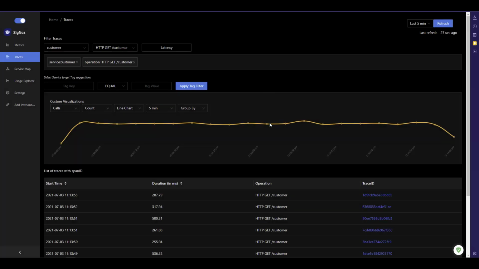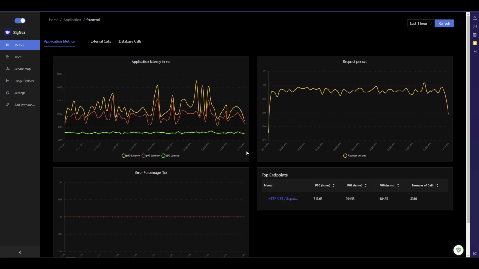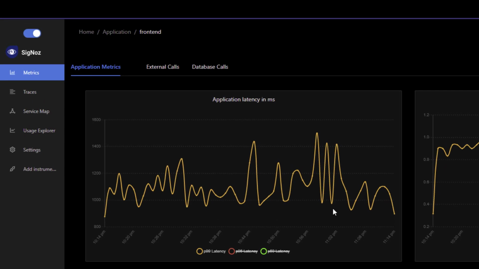Here, one of the important UI aspects is that whenever you move your mouse over a particular data point, you will get the relevant details. So that is one thing. Also, if you go to the metrics and then to the front end, let us focus on the 99th percentile. Assume that this particular data point is greater than 1.5 seconds. If you see 1400 milliseconds, we are going to focus on the top 3.